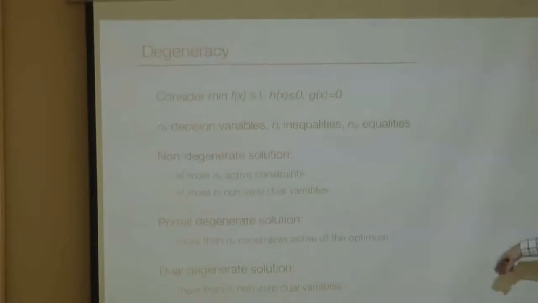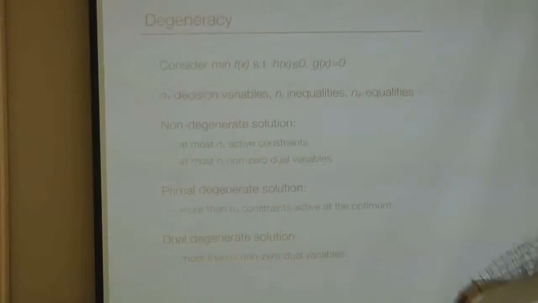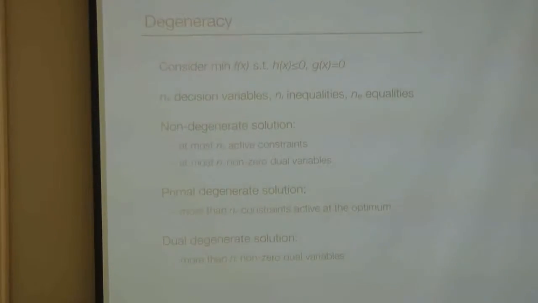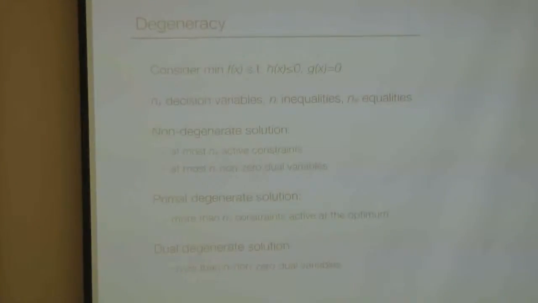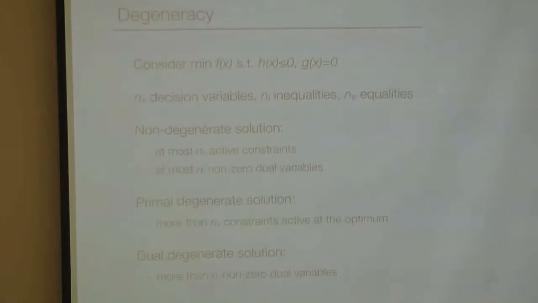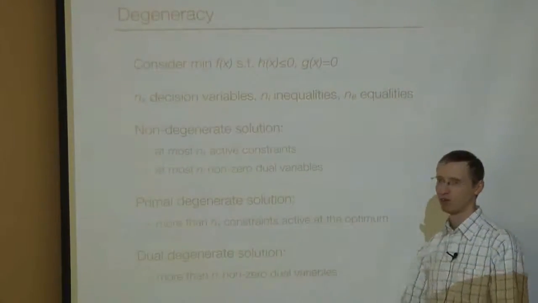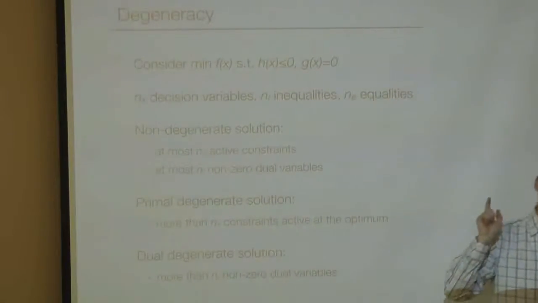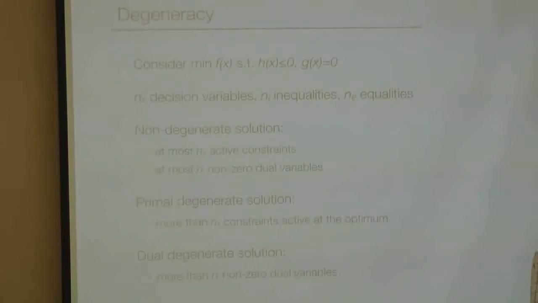Because once the software runs into these problems, nasty things could happen. You could have some numerical issues. You can have some slight deviations from the optimum. Basically, we always aim for a non-degenerate solution. Okay? So that's the first limitation, or the first problem, of the Karush-Kuhn-Tucker method. The second problem is